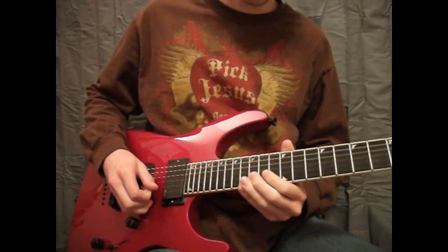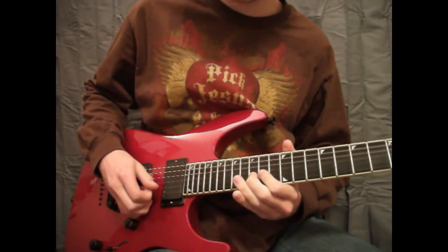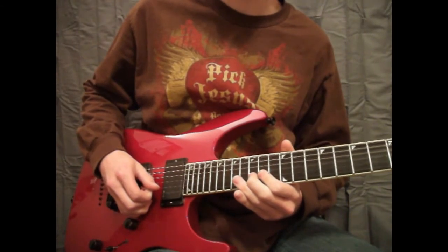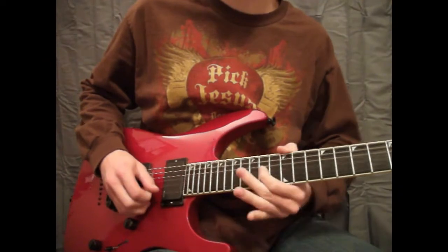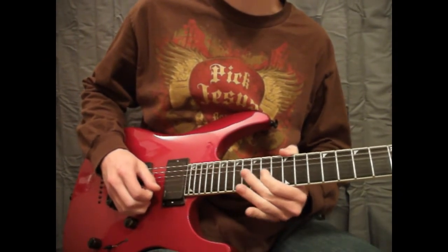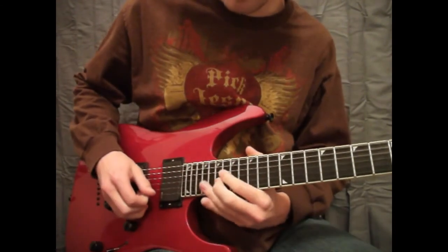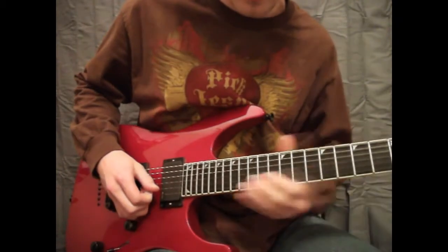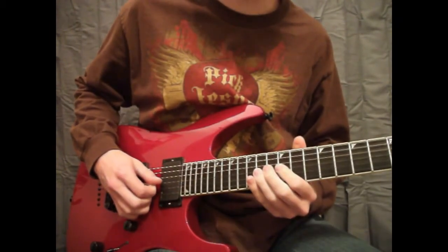So after that, we're going to the 15th fret, still on the same string. Hold that just for a bit. Then on the 14th fret, bend up and release that. And then you can do an extra picking if you want to. So far we have, then we're going to,